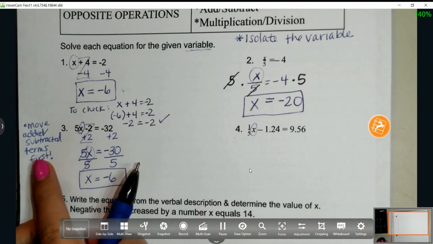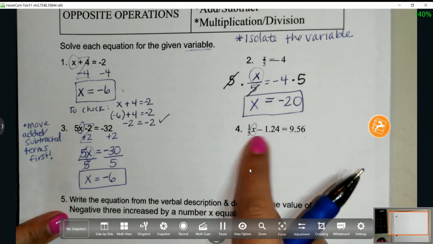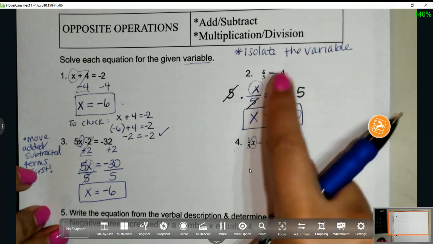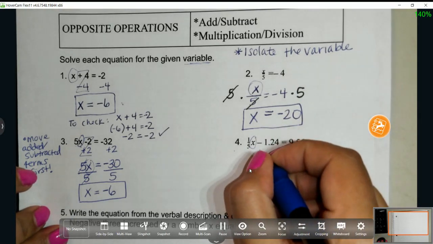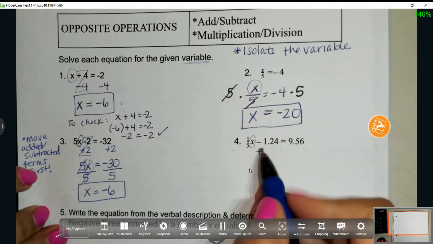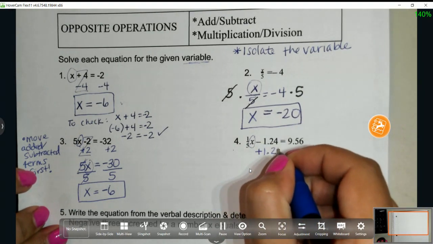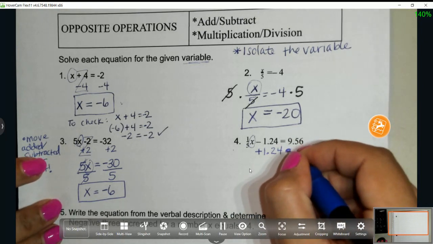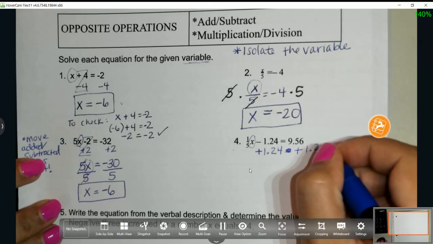Always move what's added or subtracted first. So looking at this, I can't combine like terms because they don't both have an x. So my next step is to get the variable by itself. I want to undo that subtraction. So the opposite of subtracting 1.24 is going to be to add 1.24. My bad, I put a plus, so what I do on one side, I want to do the same thing on the other, so I'm going to add